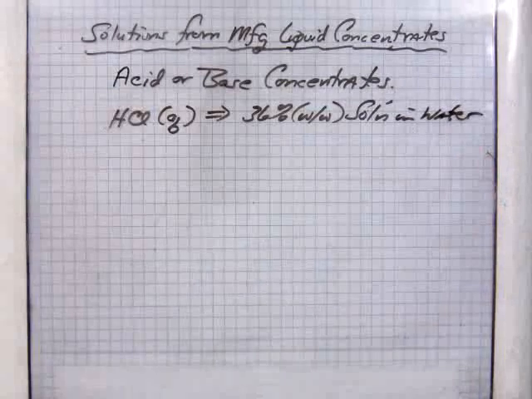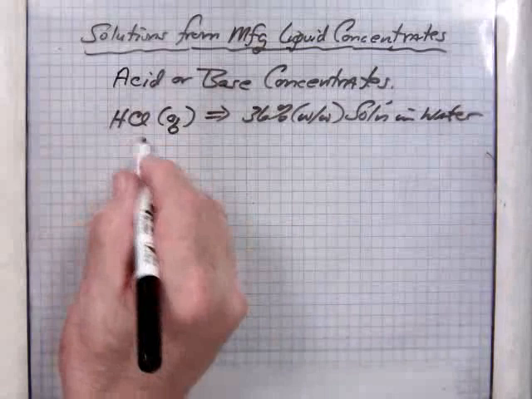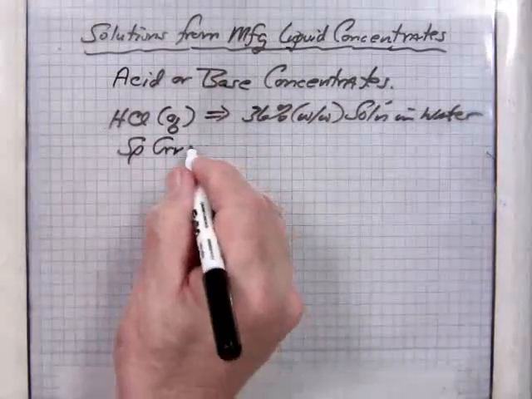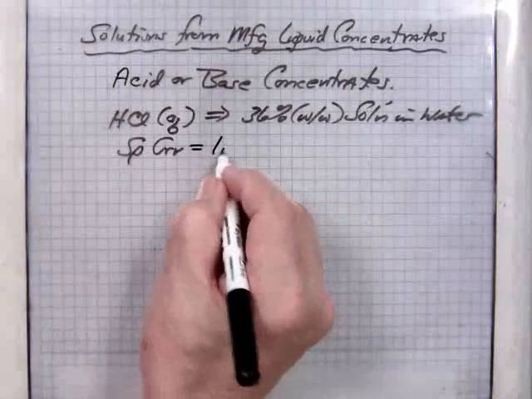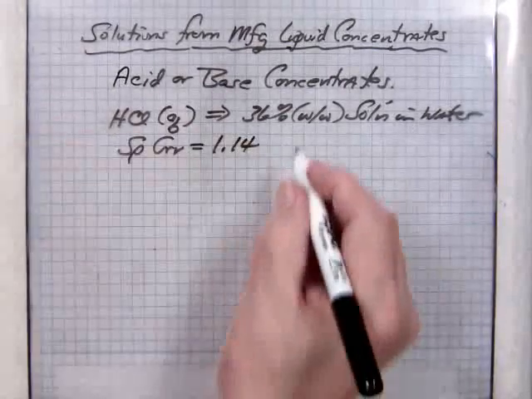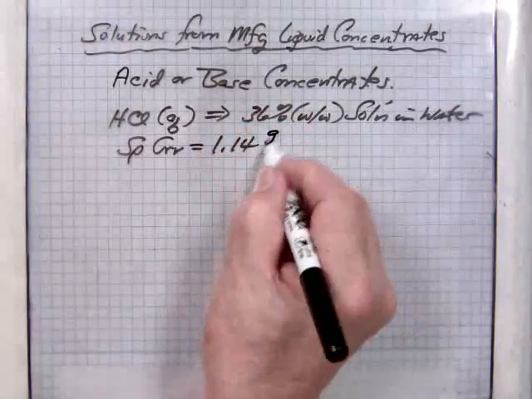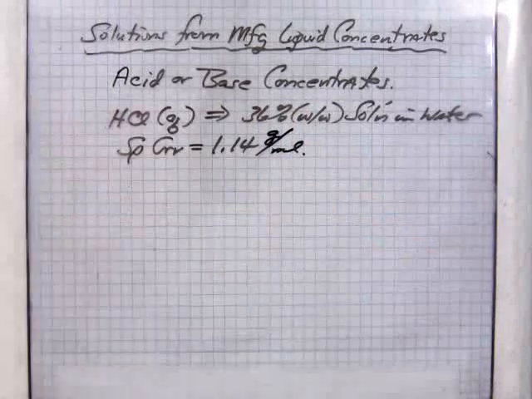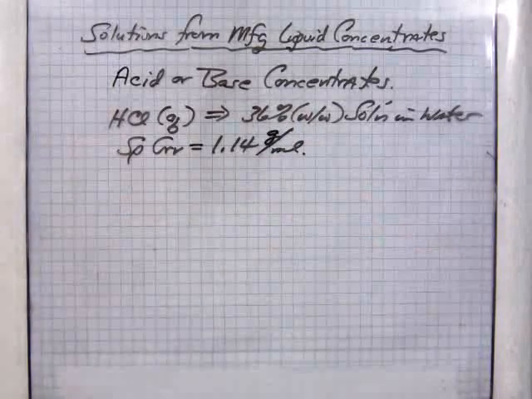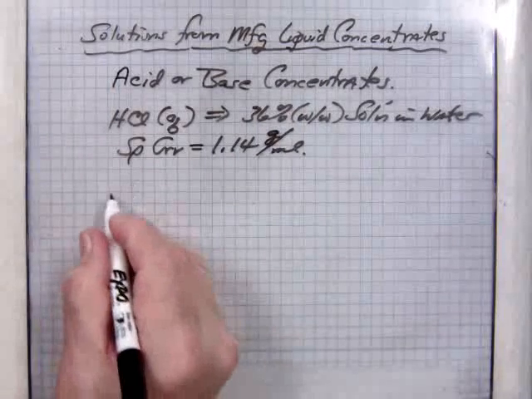It's a very, very strong solution and has a specific gravity, you will need that number, equal to 1.14, which since it's water solvent, equals the density in grams per milliliter, 1.14 grams per milliliter. So here you have this bottle of acid, very strong acid. The question is, how much